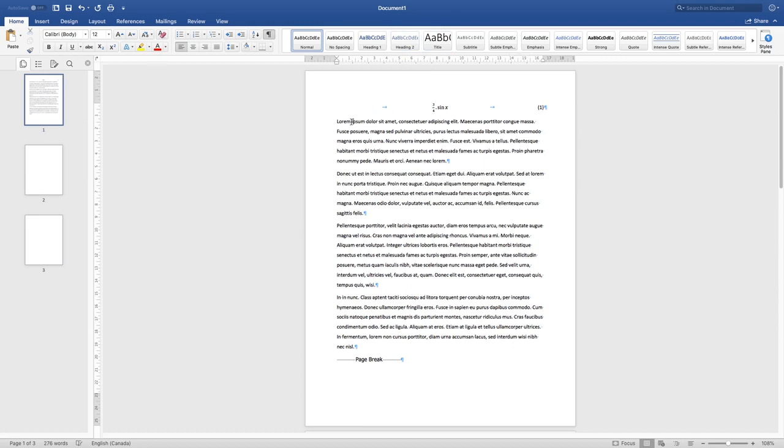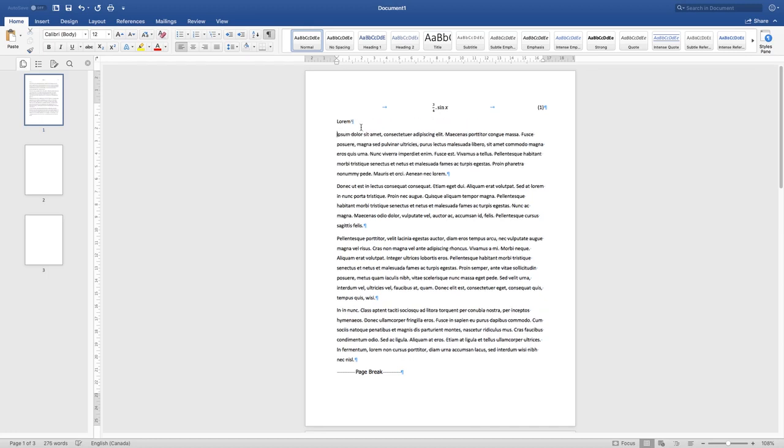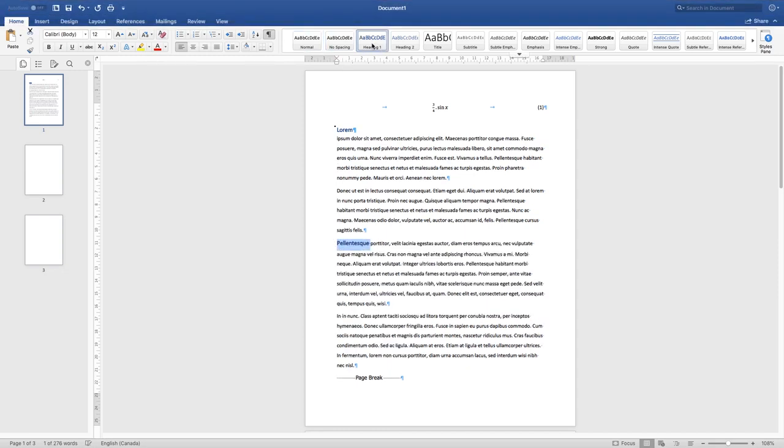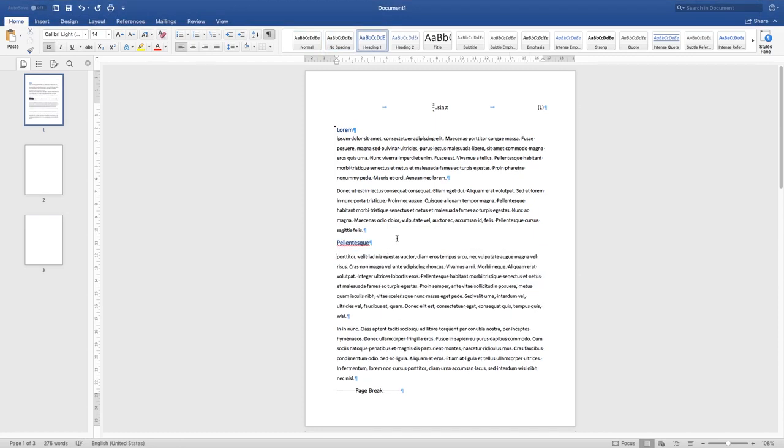So we're going to say that this first paragraph here is titled Lorem. I'm going to set this as a heading 1, and I'm going to set my other paragraph also as a heading 1. Set a new line here. All right, so now that you have heading styles on your document, you can actually go into the